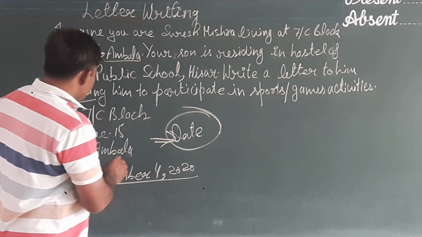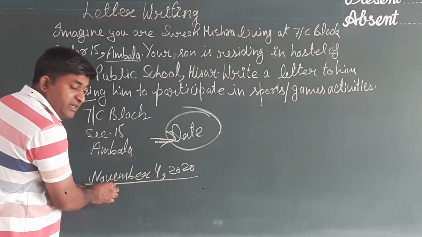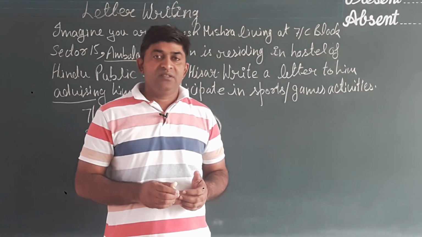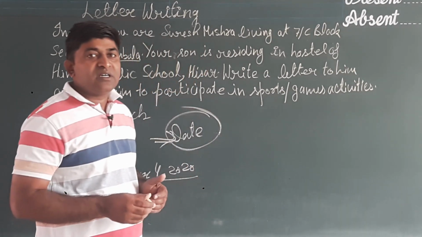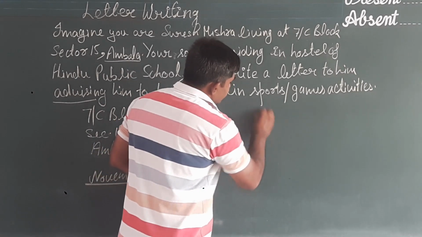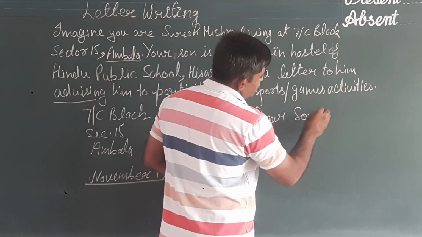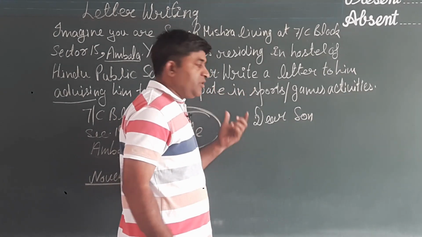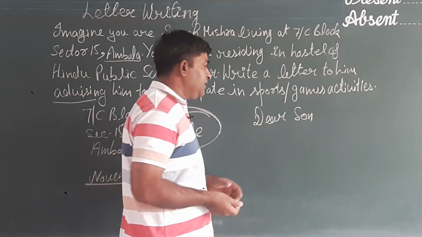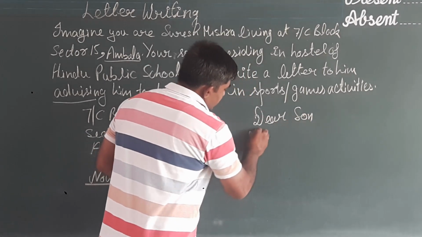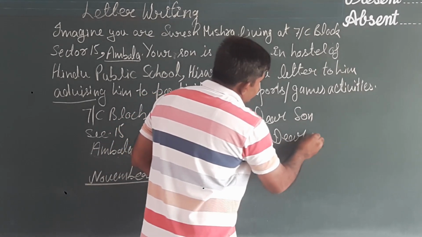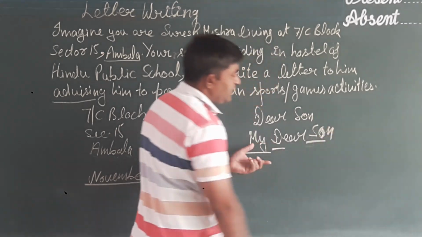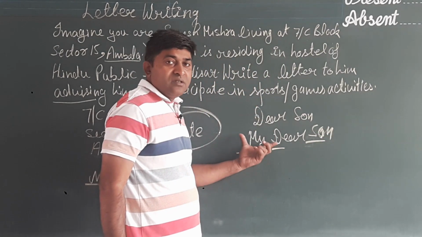We have written the two parts, sender address, then date. The third part is the receiver address, but in an informal letter we shall not write the receiver's address. Directly we shall write the salutation. So here it will be, dear son. We may write the name also, but there is no name given in this question, so no need to write the name. Dear son, or we can write in this way, my dear son. Keep in mind, here the main words start with a capital letter